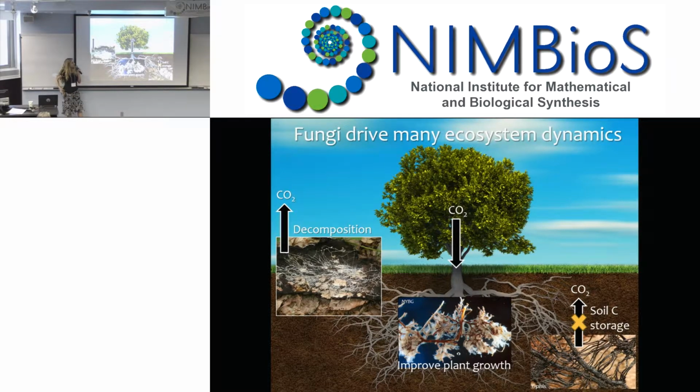Right? So we have three very different potential effects of fungi on just carbon dynamics here. And one of the things that I'm interested in is, what are the traits that can influence each of these processes? And then also, how are they distributed among different fungal species? So if all these traits are distributed somewhat equally, then we maybe don't need to worry about what kind of fungal species are in the ecosystem. But if they're sorted out by species, then we might. Now, we know already that there is some sorting because only a subset of fungi can form these mycorrhizal relationships. But what about these other functions, like the production of recalcitrant carbon material in cell walls versus decomposition? How are they sorted out?